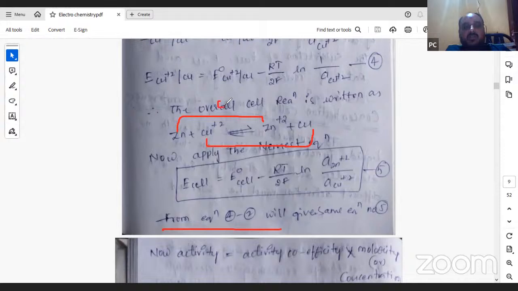One is called oxidation, the other is called reduction. So both oxidation and reduction take place in a single reaction, that becomes the redox reaction. Now apply the Nernst equation to this redox reaction. E cell is equal to E naught cell minus RT by 2F ln activity of the products. Products means only ions are considered, that is activity of Zn plus 2 by activity of copper plus 2. So this is the equation that represents